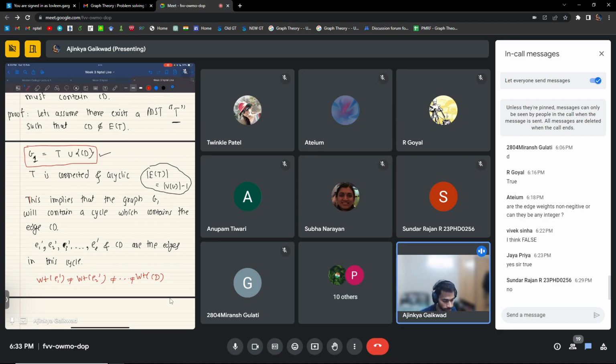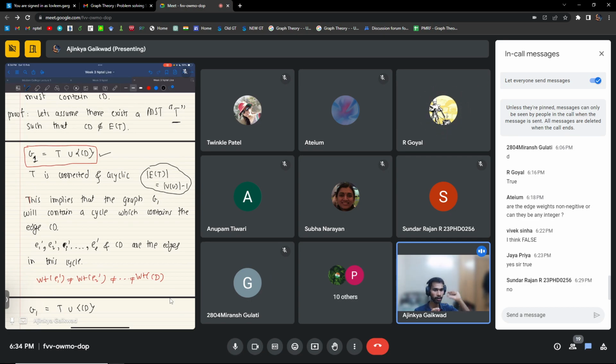So what I'll do is I will go to this set E1 prime, E2 prime, EL prime, and I'll choose the edge with maximum weight and I'll remove it. So what I'm saying is this. You had graph G1. Let's say one of the endpoints of E1 prime is C, and one of the endpoints of EL prime is D, so that we would be fixing the connectivity. Basically, there was a C to D path in tree T,